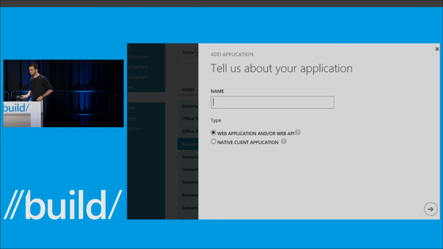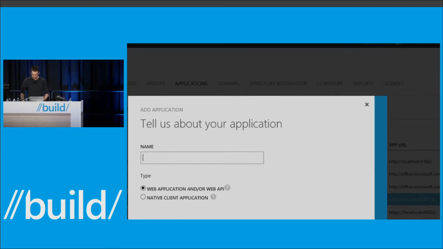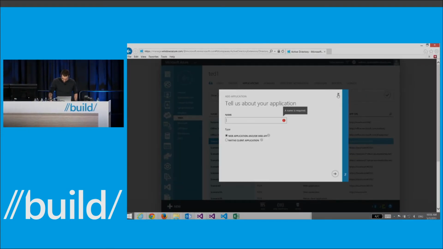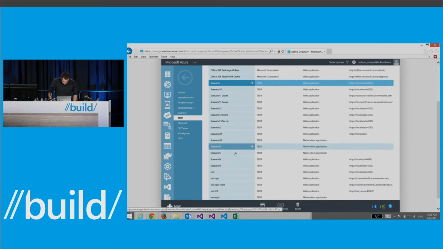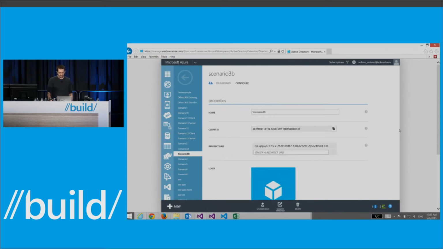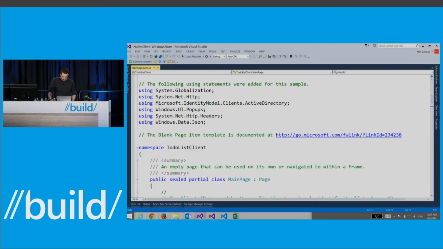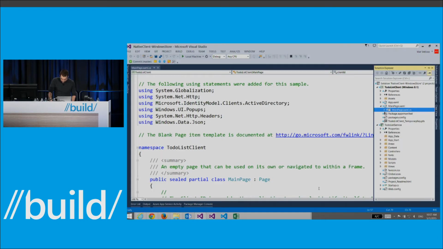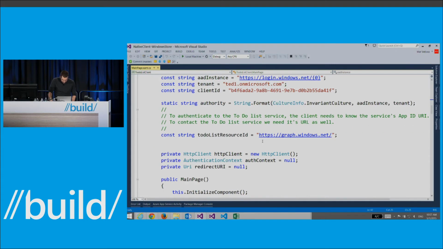So what I will do is I will fix that by creating another application, which I already did, which is the 3B. So I see this is a web application, 3A. This is a native app, 3B. So I already did those. And this one is correct. It has the right settings. So in order to change it, I'll copy the new client ID that I'm using here, and I'll put in my app. And I have no idea where that is. It is here,